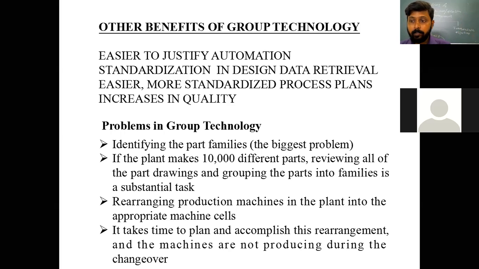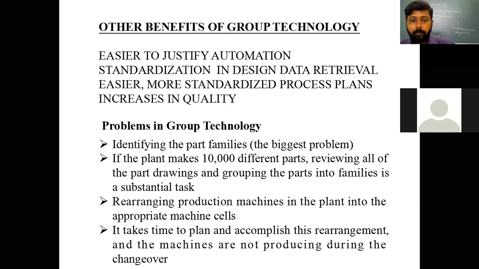But it is not like that this particular group technology has only advantages, it also has disadvantages. Everything in this world has advantages and disadvantages. So as an engineer, as a production engineer, you must discuss about advantages as well as disadvantages or problems for implementing that technique or philosophy or method in your shop floor. Okay, so this is how you go upstairs, from the supervisor level to the plant head level.